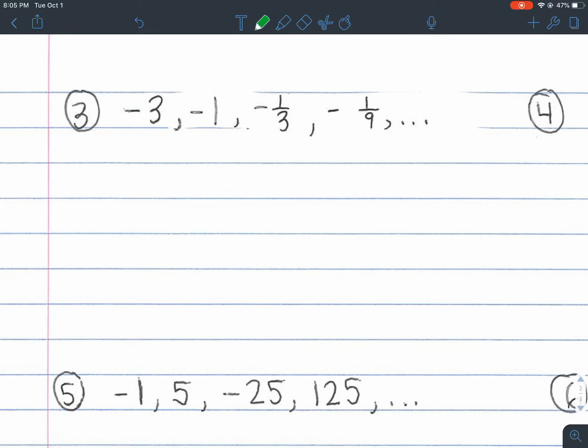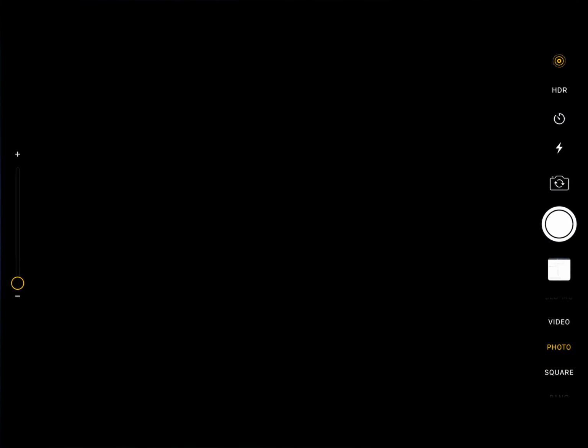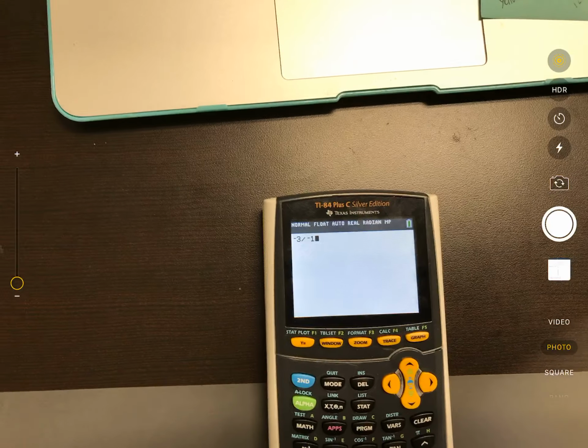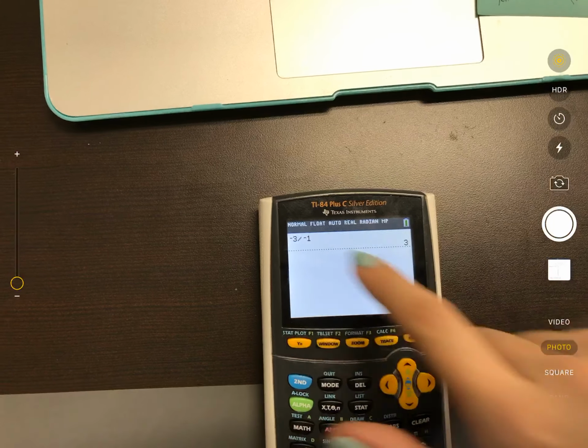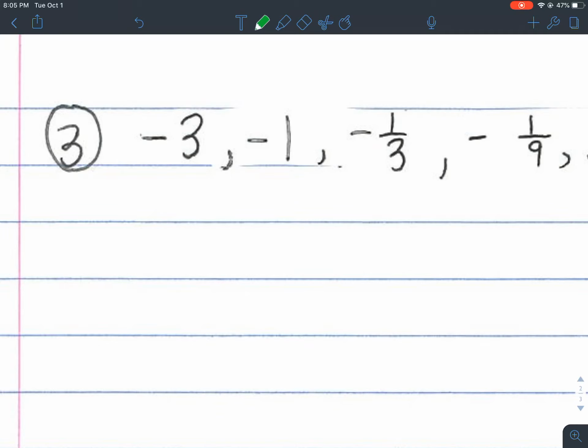So the easiest way to do this is to just go ahead and put it in our calculator. So how do I get from negative 3 to negative 1? Let's divide those two numbers and see what we get. Negative 3 divided by negative 1. Okay, it looks like I'm dividing by 3. So let's see if that's the case. If I divide by negative 3,